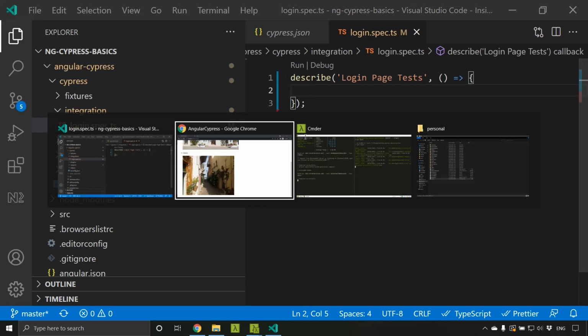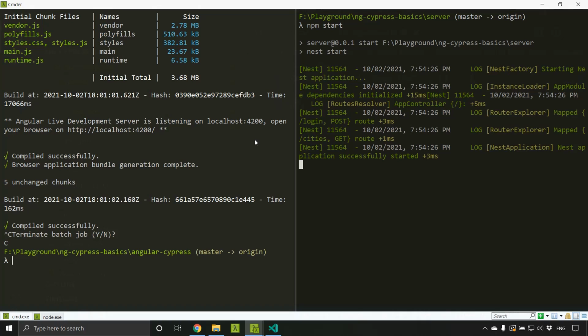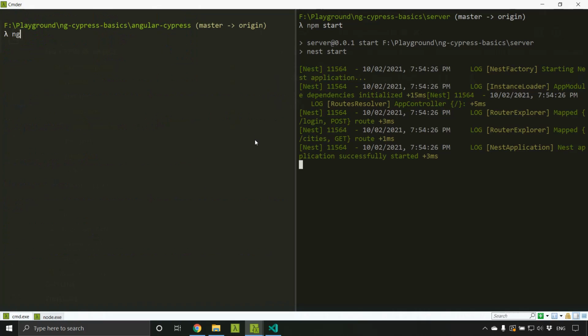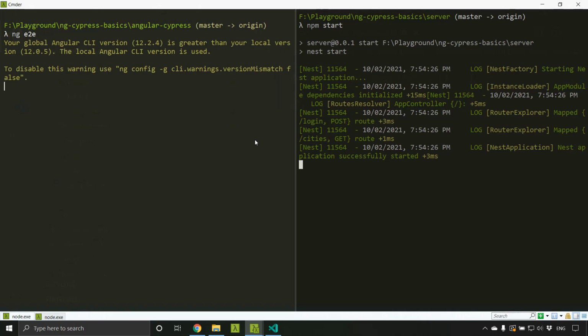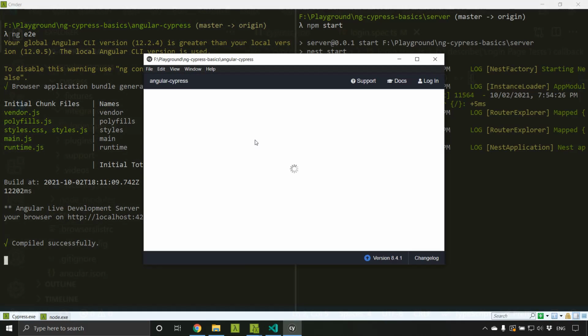Now let's stop our application and run the command ng e2e. ng e2e basically does two things. It will start our UI application and then it will start the Cypress test runner. So our Cypress test runner is up.